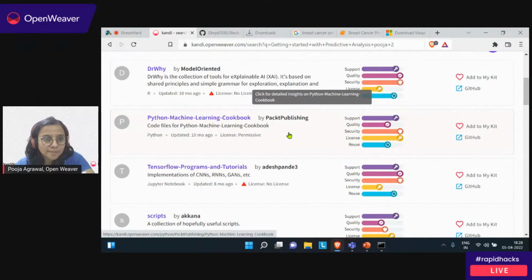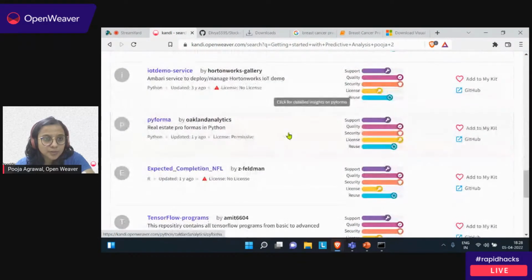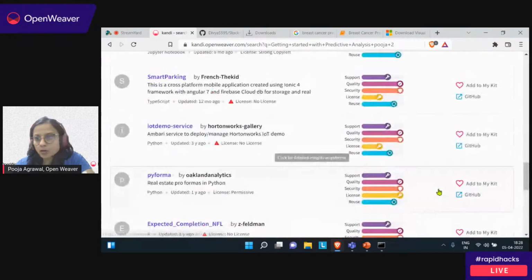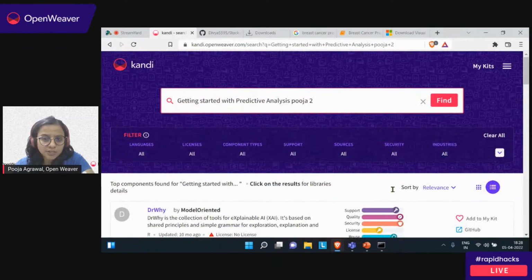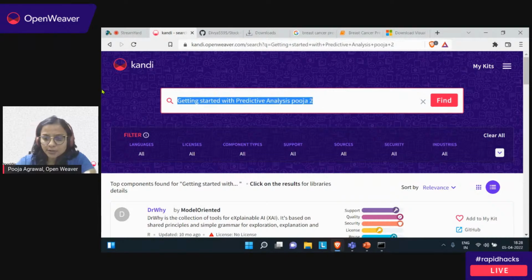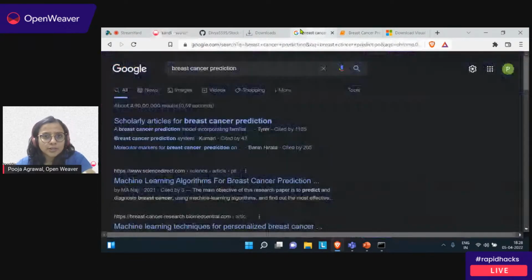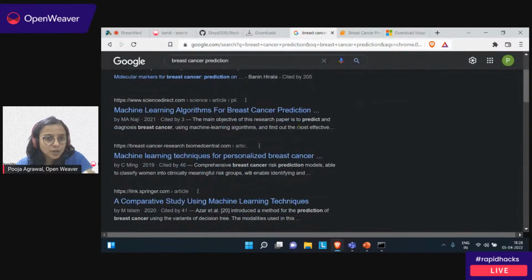Hmm, taking a bit longer than I anticipated because of some changes in the click results of the library. What I'm trying to say is, when you do a search for breast cancer prediction, you will find